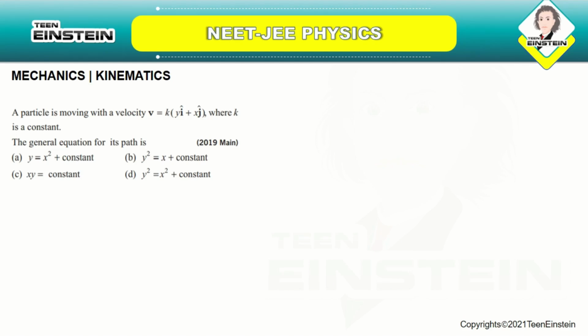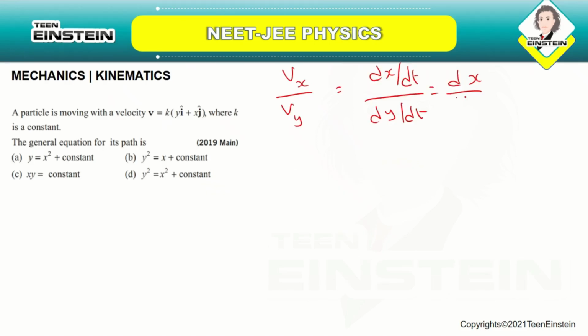A particle is moving with a velocity v is equal to k(yi plus xj), where k is a constant. You have to find out the general equation for its path. So you take Vx by Vy, which is equal to dx by dt divided by dy by dt. Here the dt and dt will get cancelled, so dx by dy will be